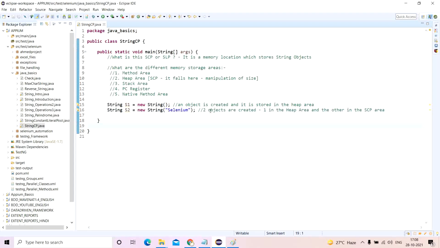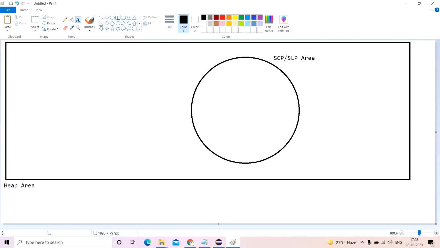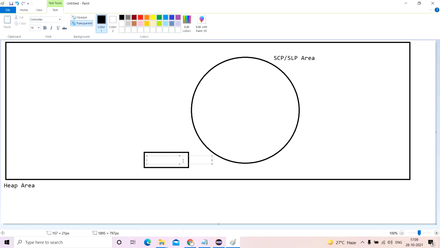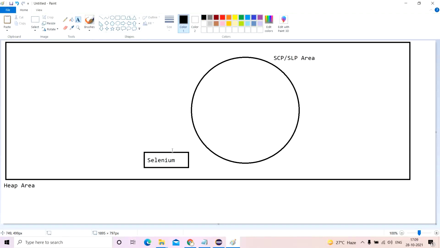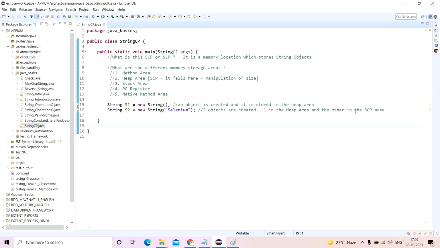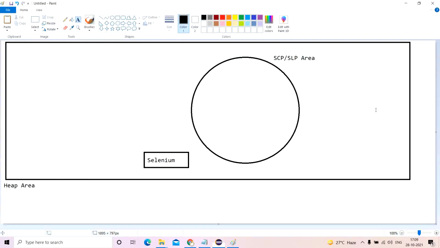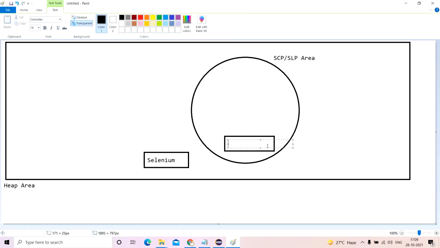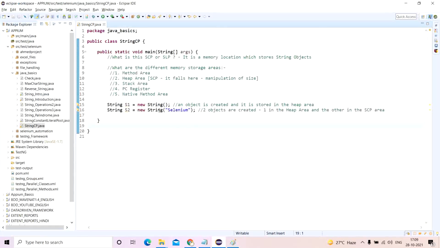This means that in the heap area an object gets created, and inside it Selenium is there. But one object is also created in the SCP area, with the Selenium literal inside it. That is the beauty of this statement.